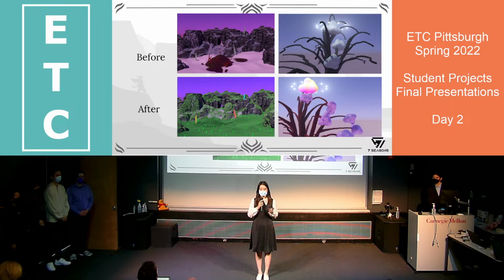We thought to employ vibrant colors and a variety of lighting sources to ensure that our player had a good time exploring the place, and also we wanted the environment to be visually appealing to everyone. Besides, we also attempted to create a contrast between before and after to showcase and emphasize the player's ability to clean up this area and to re-energize the plants and the environment.